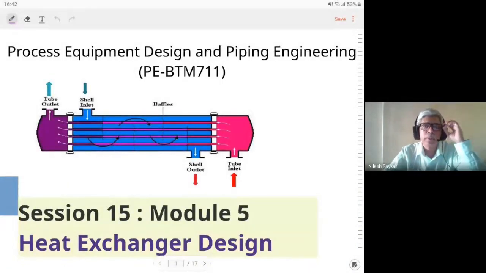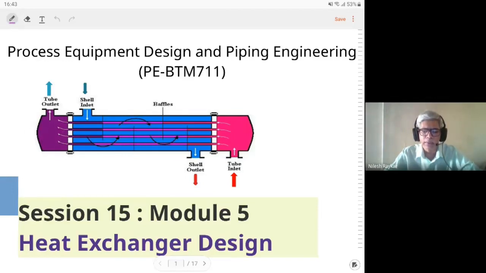Okay, the next topic that we are discussing is the design of heat exchangers. So here we are talking about the mechanical design of the heat exchangers and not the thermal design, which is an entirely big topic by itself. The mechanical design of the heat exchangers is essentially similar to that of pressure vessels, except that because there are two fluids, in order for them not to mix, you have to make two independent chambers.